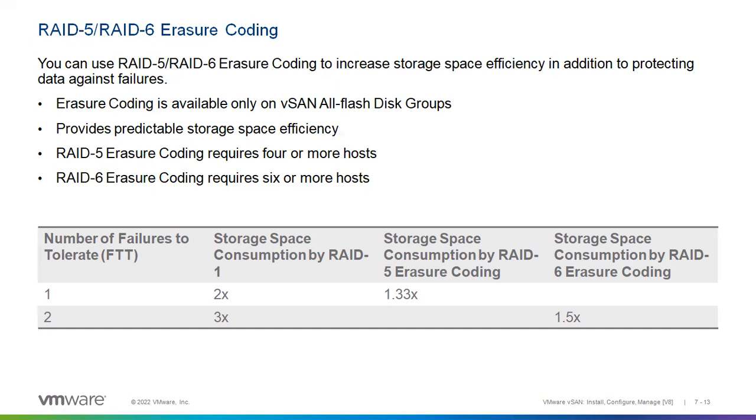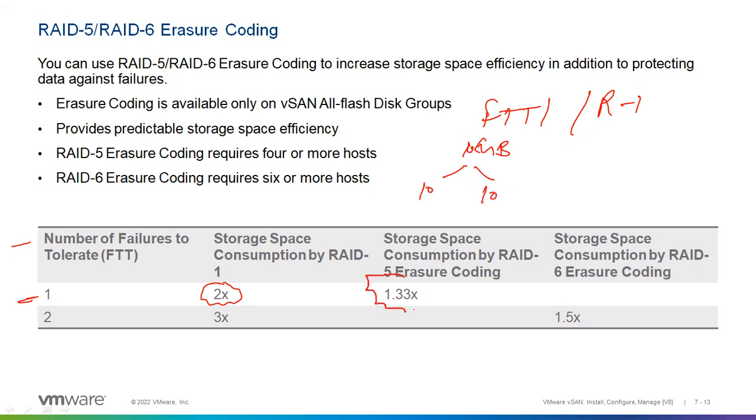But they have certain conditions. Here is a comparison. If we take FTT1, fault tolerance 1, with RAID 1, then it consumes 2 times the space, right? Yes, sir, correct. If we are writing 10 GB of data, underneath it will go 10 GB, 10 GB. But as compared to it, if we are creating RAID 5, it works in a 3 plus